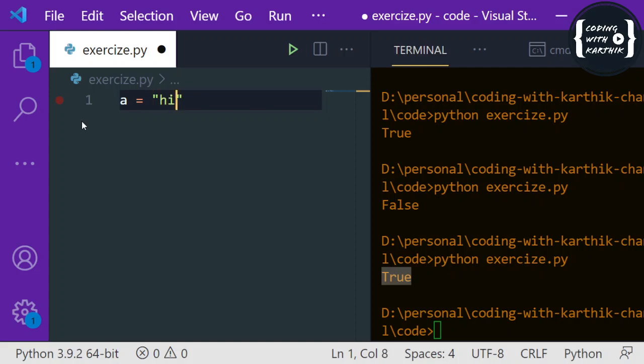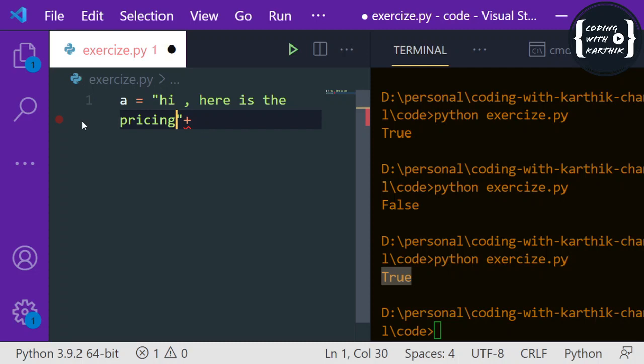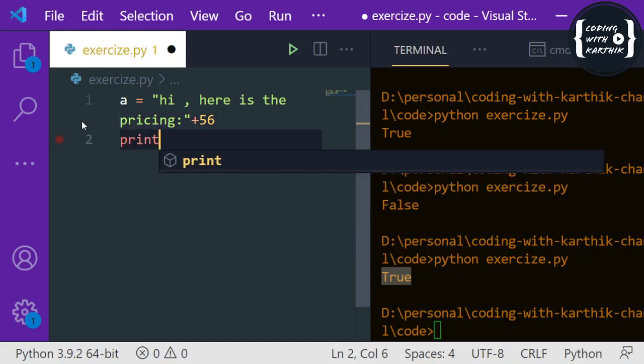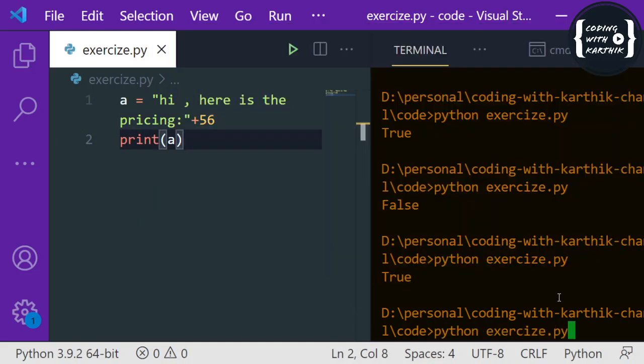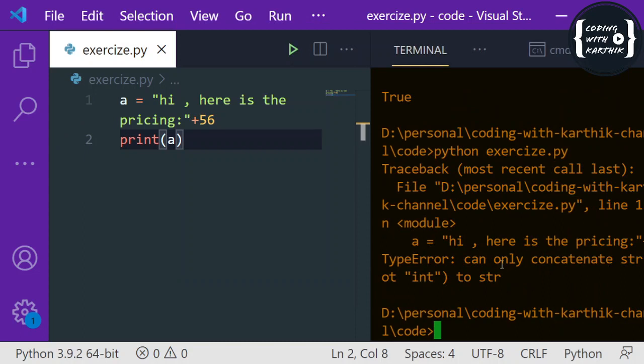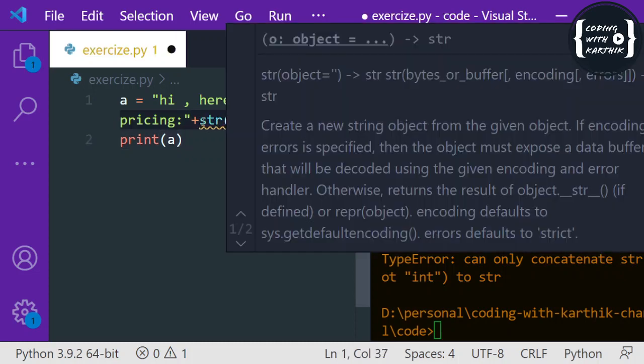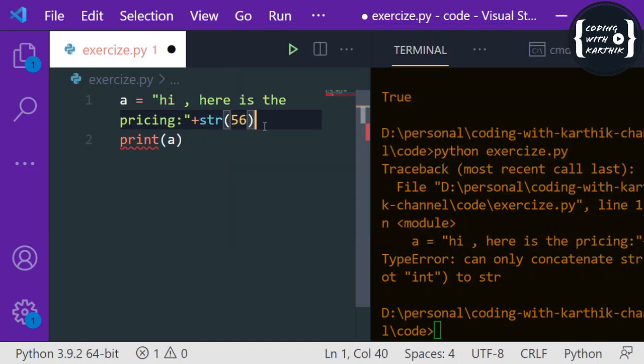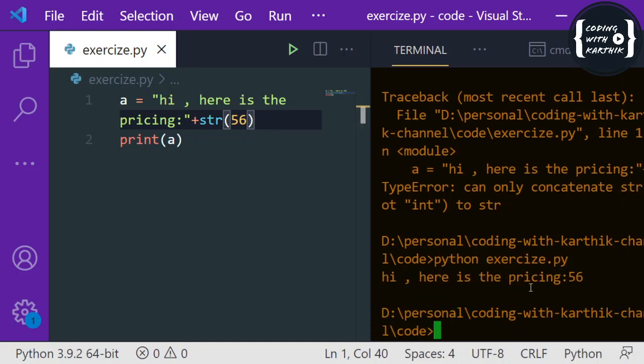Basically in strings, if you want to concatenate anything like numbers, say "here is the pricing", and you attach the number to the string directly, it won't work. Let me show you. See, it is showing an error because it can only concatenate a string to a string. That means we have to convert the number to a string this way. Then if I run this, it is working, right?